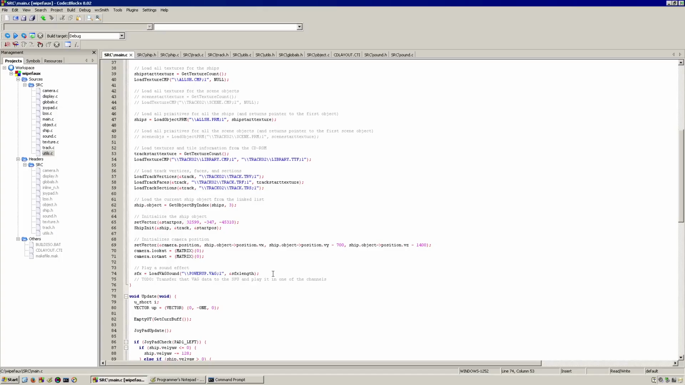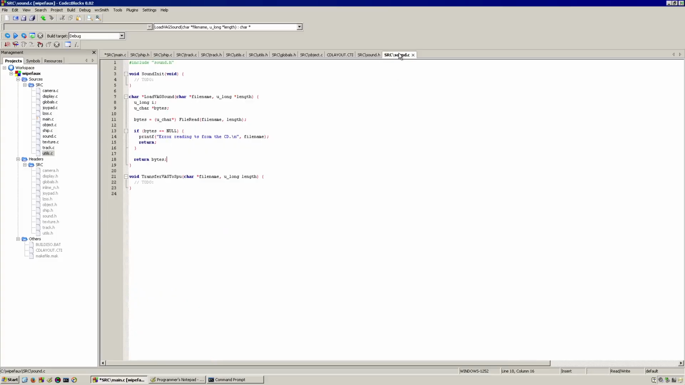Cool. So now that we have this sound effect loaded, this buffer in memory loaded with the VAG data, we need to go and transfer this VAG data to the SPU and then play that in a channel. So that's what we're going to do. We're going to invoke something called transfer VAG. What was the name again? Transfer VAG to SPU,